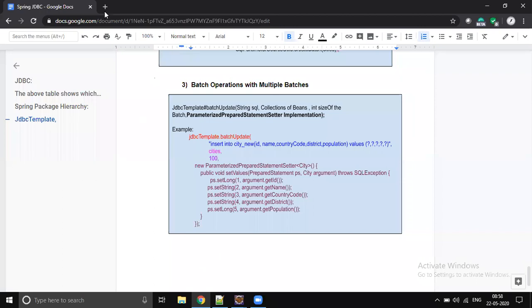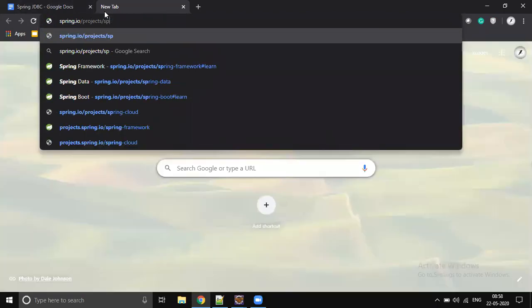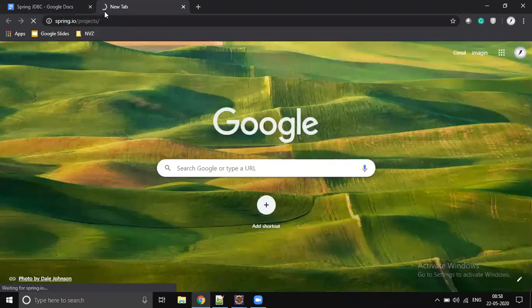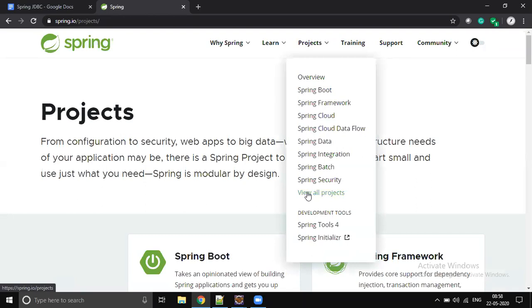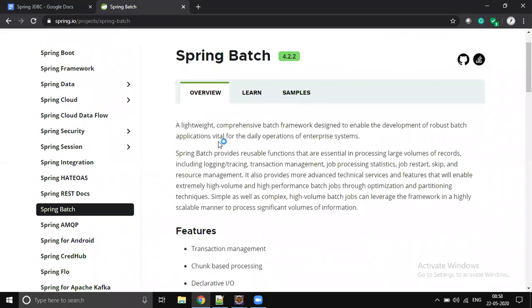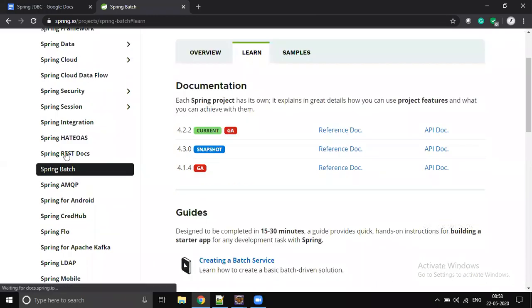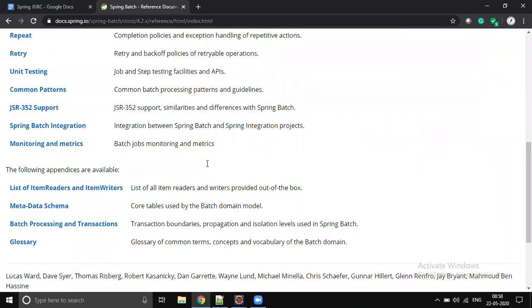Right. Just go to spring.io/projects. You see how many projects are there. Spring Batch, one project is there. Anyway, we will not be covering that. Some people use it for batch processing. We will be focusing mostly on services, right? So microservices, services. That's why we are skipping that. Yeah, there is a separate project. Just refer to this documentation and then you will get a better idea. Right? Okay.